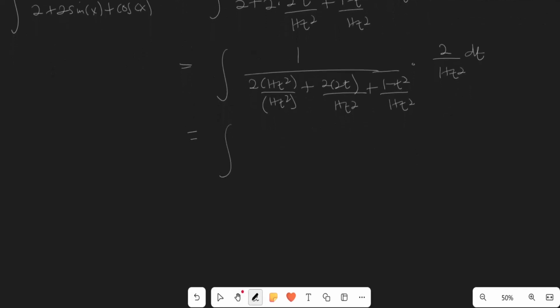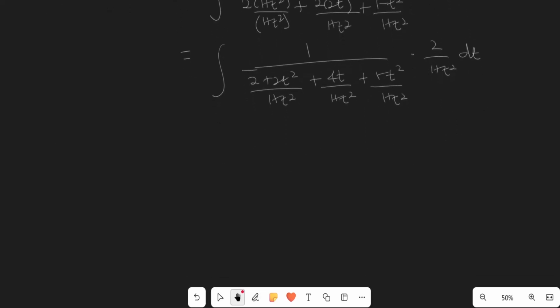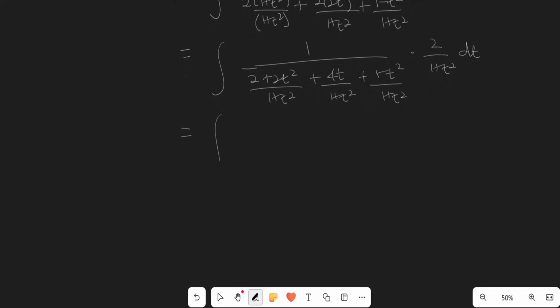This can be simplified into 1 all over, you can multiply this one out. This is 2 plus 2t squared over 1 plus t squared plus this is 4t over 1 plus t squared plus 1 minus t squared over 1 plus t squared times 2 over 1 plus t squared dt. So this simplifies to become 1 all over, this one can be written as 2 plus 2t squared plus 4t plus 1 minus t squared all over 1 plus t squared times 2 over 1 plus t squared dt,